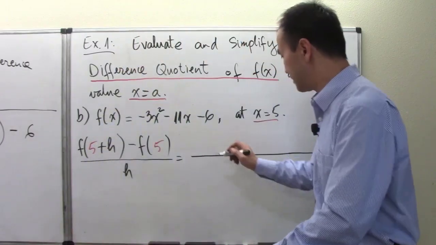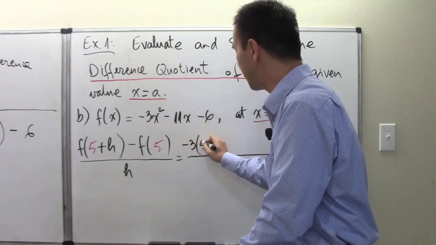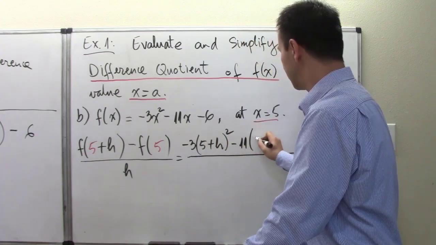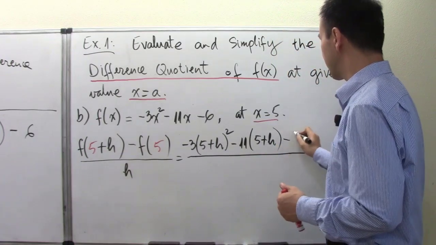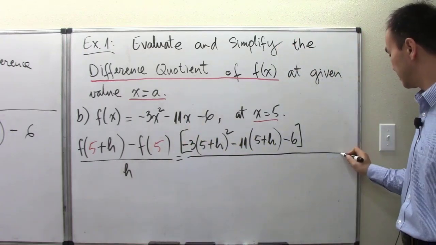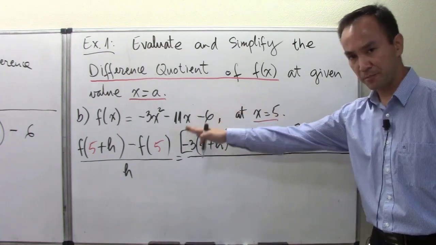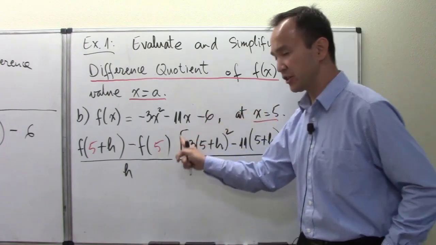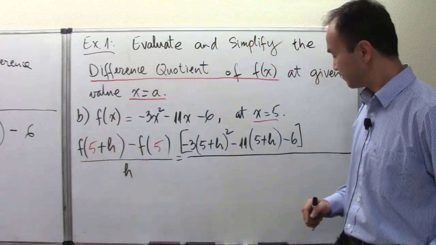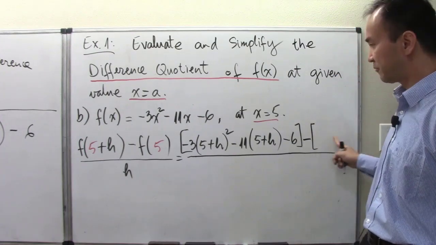Okay, and so in my first board space right here, my formal work right here, I'm going to write minus 3 in parentheses 5 plus h all squared, minus 11 times 5 plus h, minus 6. So all that here is one group. Yes, my board is getting a little tight here. I understand. So all that group in this pair of brackets is just a replacement as of the next step for what f of 5 plus h is. But we still are going to need to subtract, and then here comes another group representing